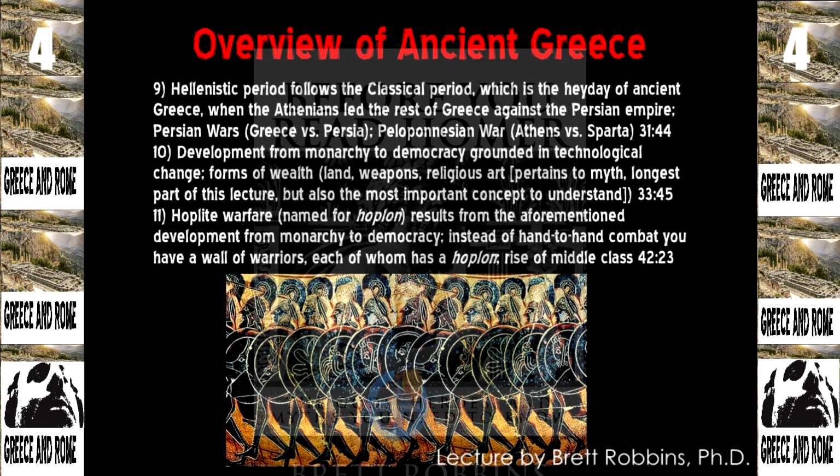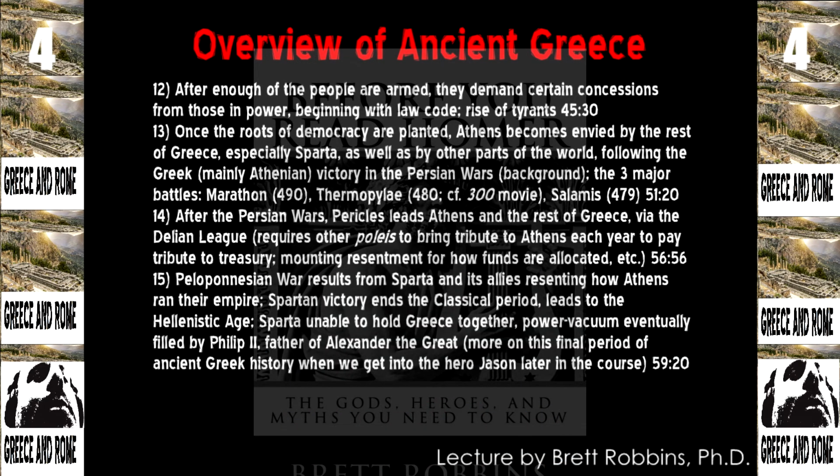Now, what does that mean? How does that lead to democracy? Because think about it. The king behind the walls doesn't have guns. He's not Tony Montana. He doesn't live in a palace with a bunch of machine guns and a bunch of people defending him with machine guns. He doesn't have anything more or less than the same weapons that those outside his walls have. And now he's outnumbered. So now he has to figure out what the hell happens. And what happens is he eventually gets deposed, if not killed. And then the people give it a shot.